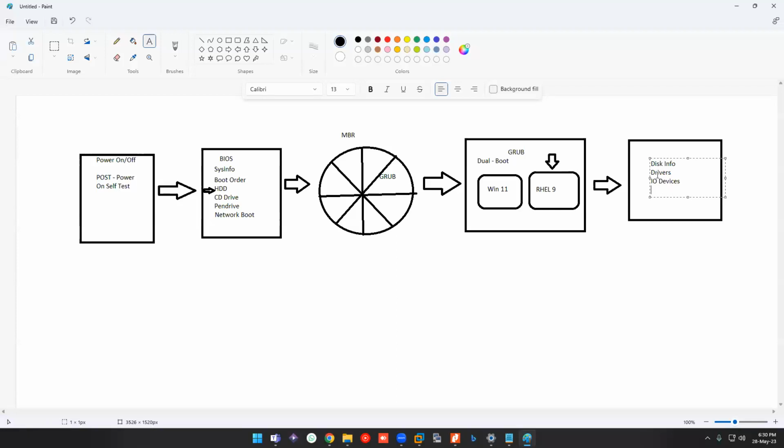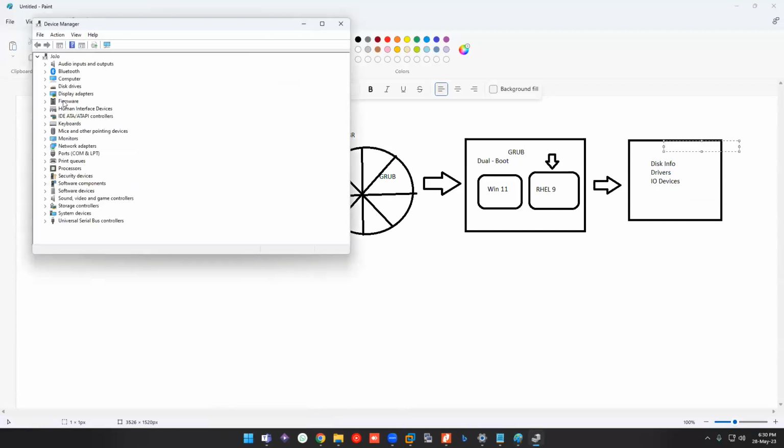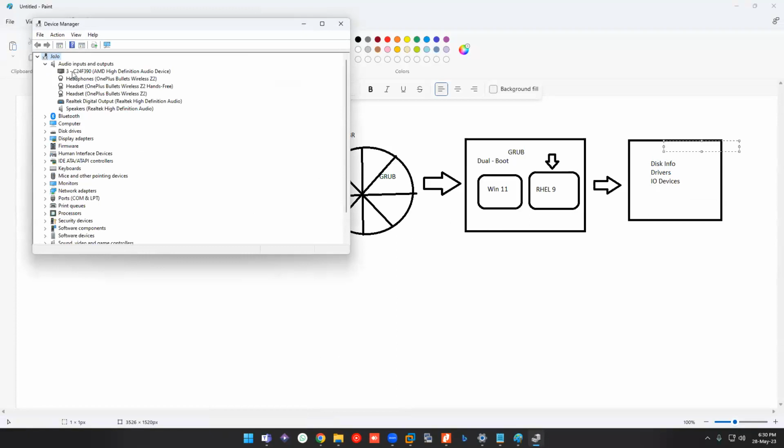I just listed basic things so that you can understand this one. Whatever you see in your device manager, in the Windows example I'm giving, are hardwares, right? But you need some software which needs to be loaded. That is what is called a driver. Then only that hardware will be triggered, right?